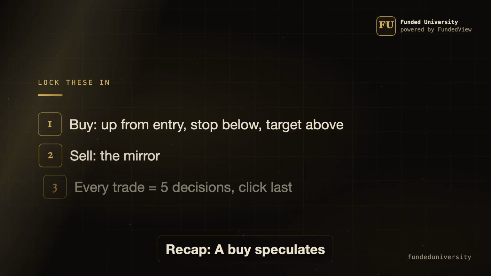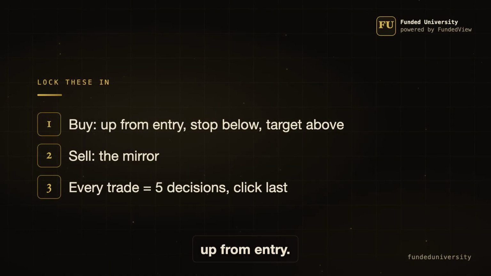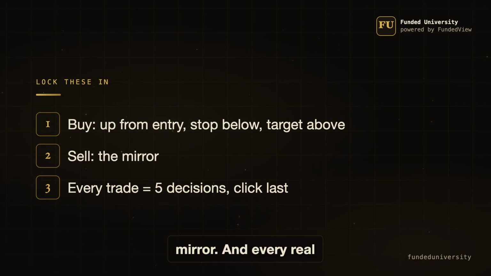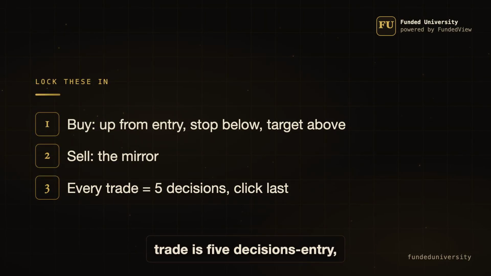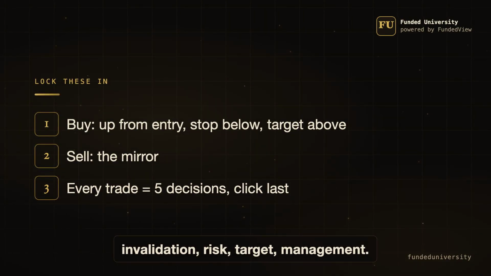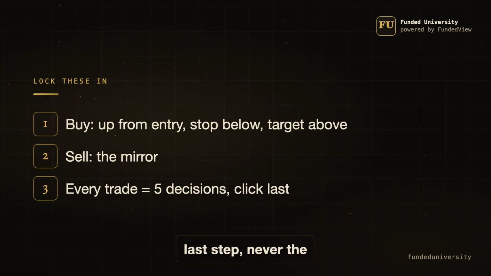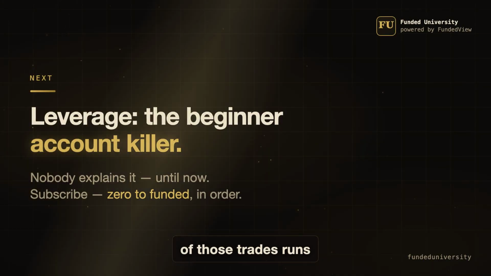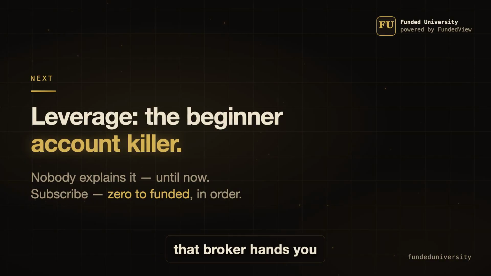Recap. A buy speculates up from entry. Stop below, targets above. A sell is the perfect mirror. And every real trade is 5 decisions. Entry, invalidation, risk, target, management. The click is the last step. Never the first. Now, every one of those trades runs through a broker, and that broker hands you a tool